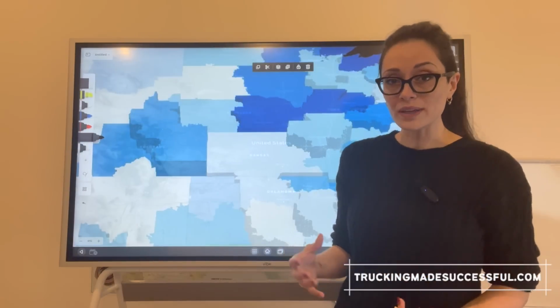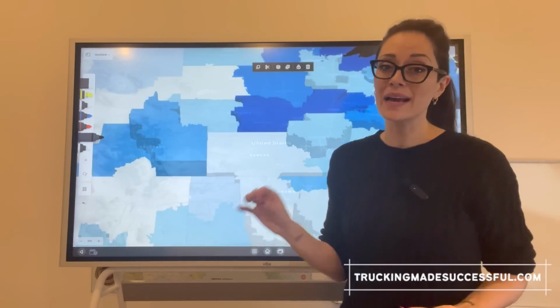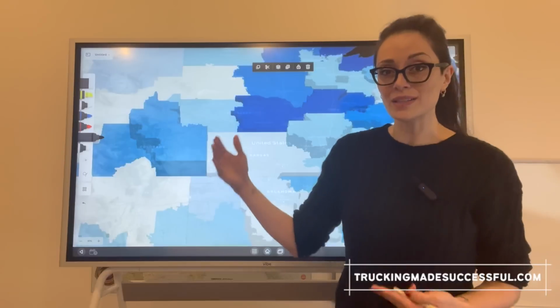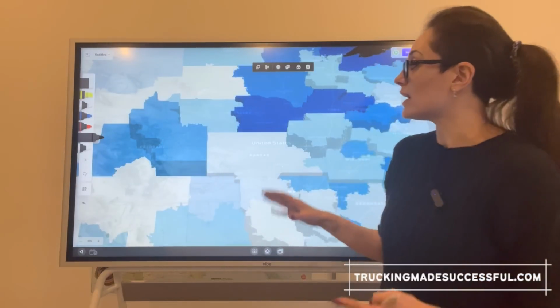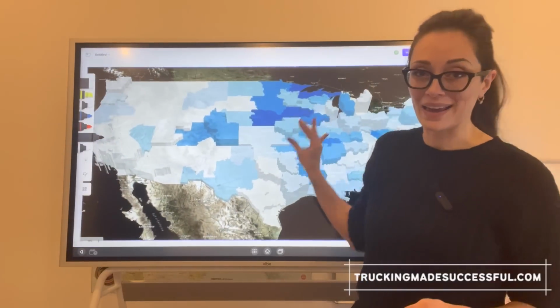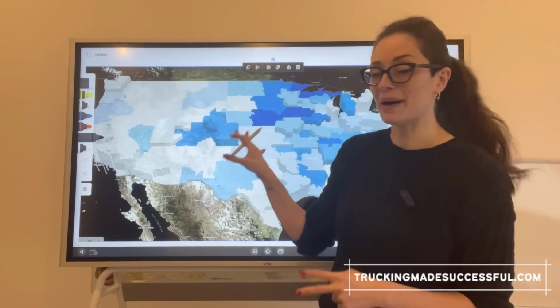And there's a strong correlation between tender rejection rates and spot market rates. The higher the tender rejection index, the higher the spot market rate. So we can assume that the darker blue areas have high paying loads. Now, the best part about this map,